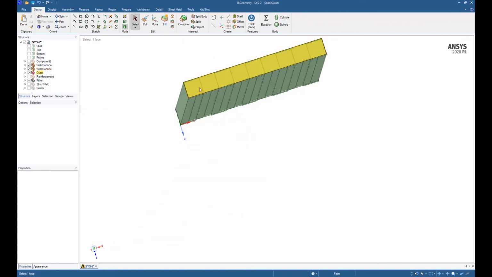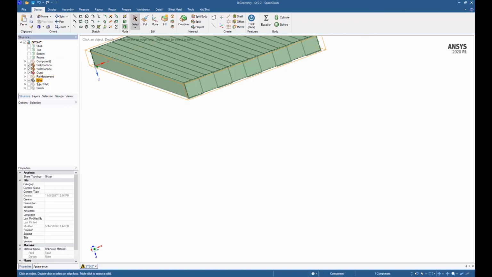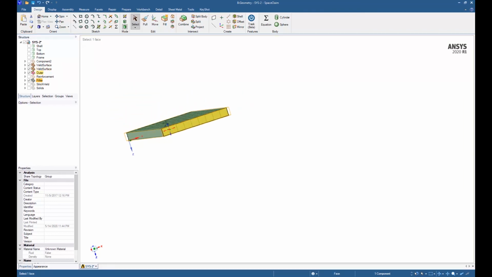Pretty much draw all of these and fill all of these out, and then put in a new component over here. So this is a concrete filler which we did in SpaceClaim, and once we did that, we simply dragged and dropped Explicit Dynamics over here and connected all of this, and pretty much copied everything from solution C to solution D.